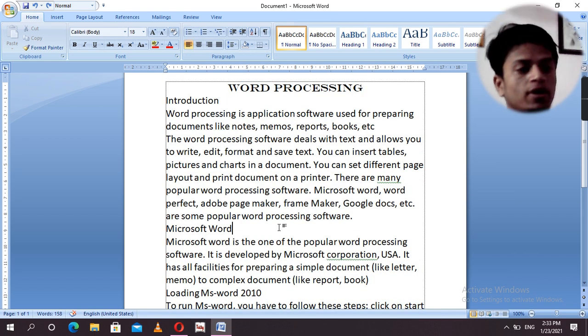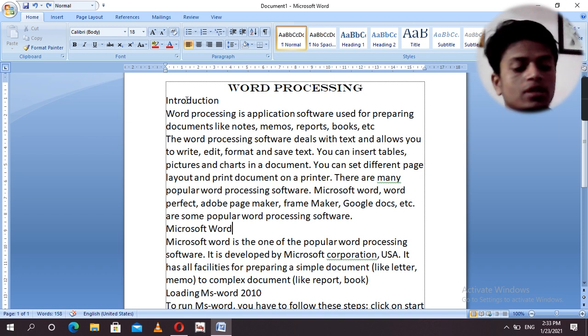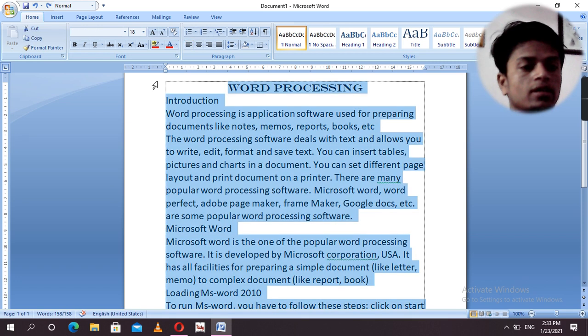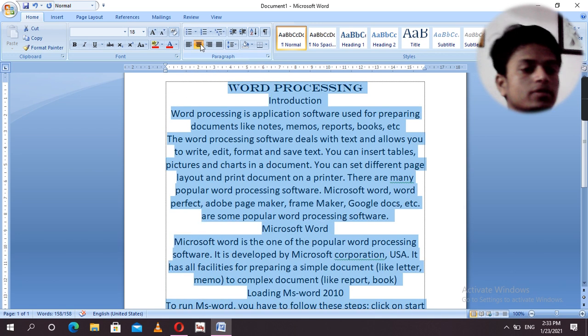Now move forward to justify alignment. Select the whole document with Control A and go to center alignment, by clicking center alignment or Control E. But in our books or some other documents, the lines on the right side and left side must be equal.